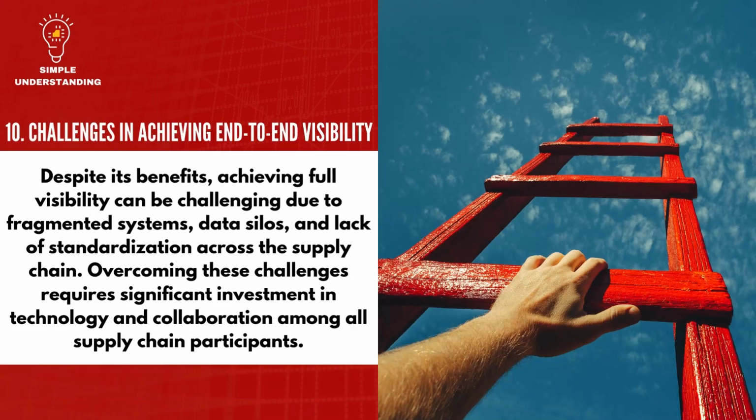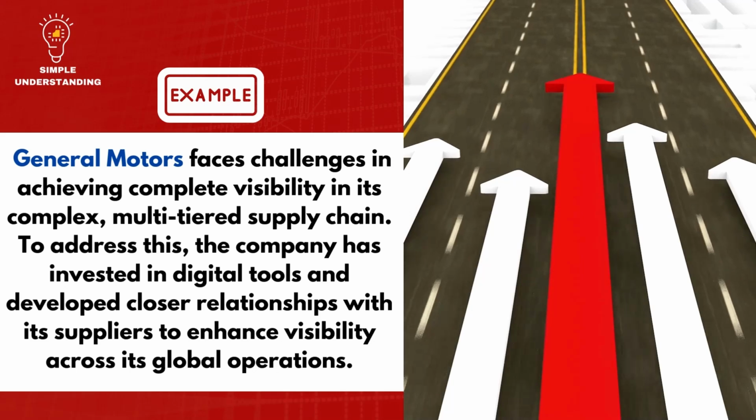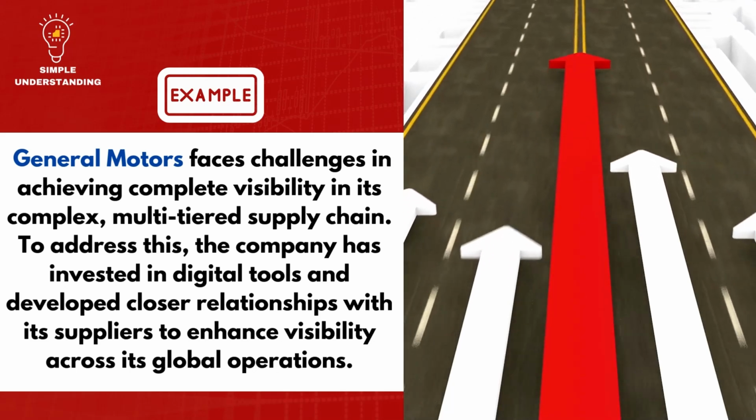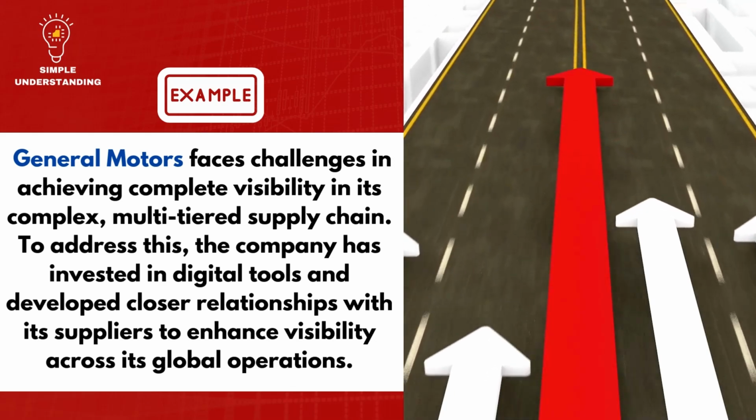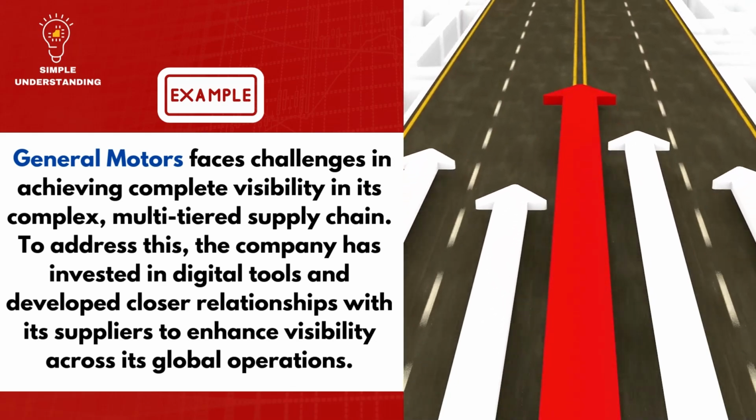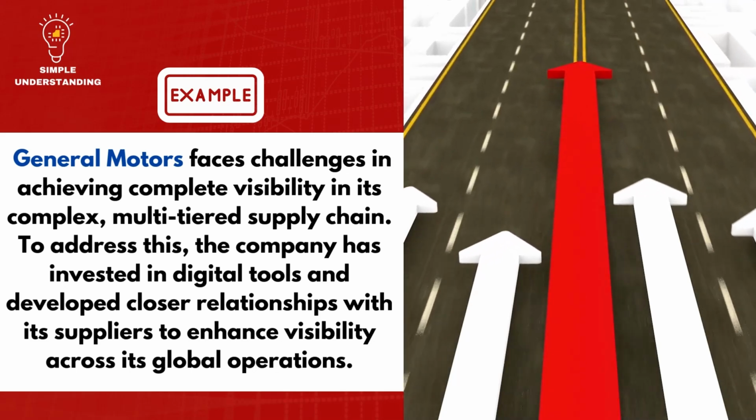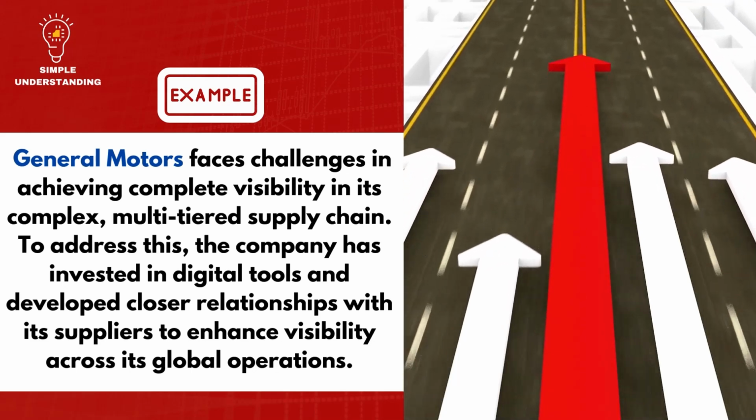10. Challenges in achieving end-to-end visibility. Explanation: Despite its benefits, achieving full visibility can be challenging due to fragmented systems, data silos, and lack of standardization across the supply chain. Overcoming these challenges requires significant investment in technology and collaboration among all supply chain participants. Example: General Motors faces challenges in achieving complete visibility in its complex, multi-tiered supply chain. To address this, the company has invested in digital tools and developed closer relationships with its suppliers to enhance visibility